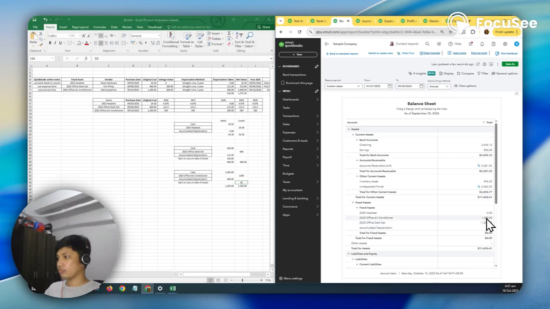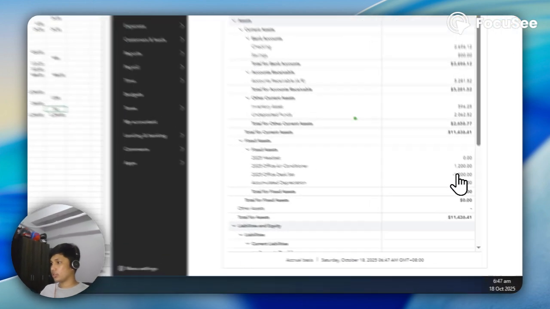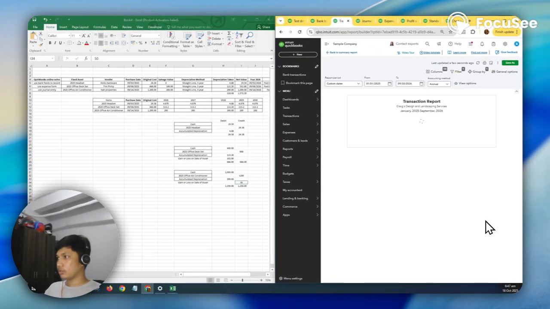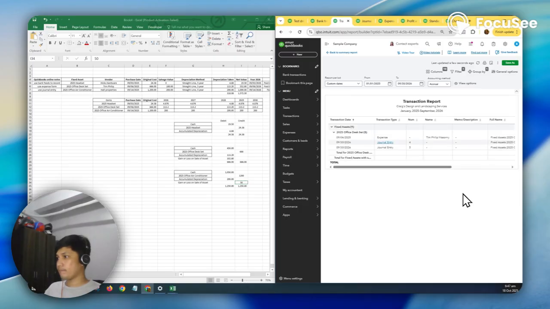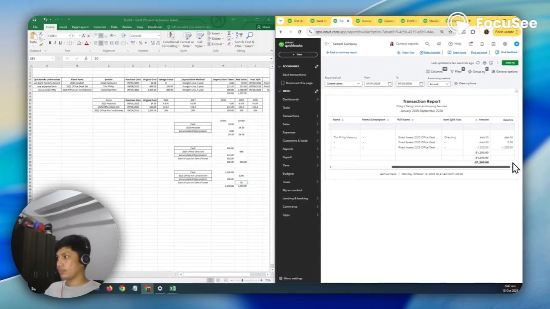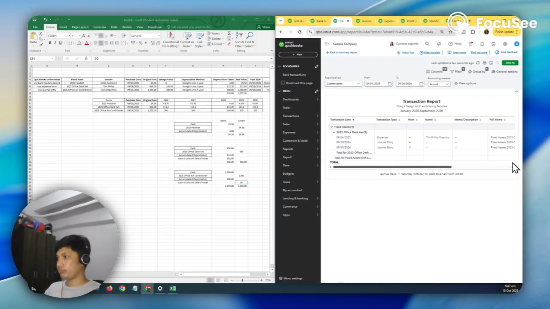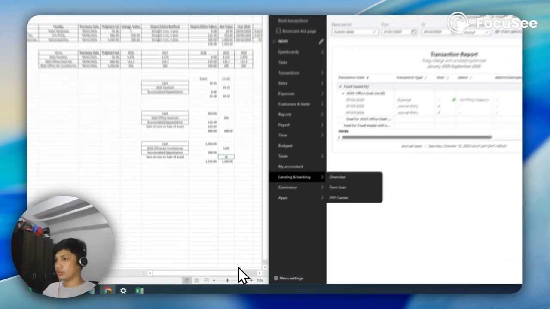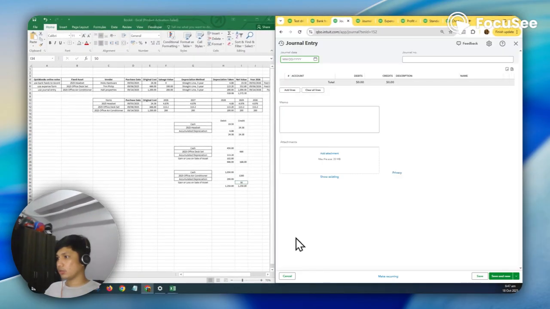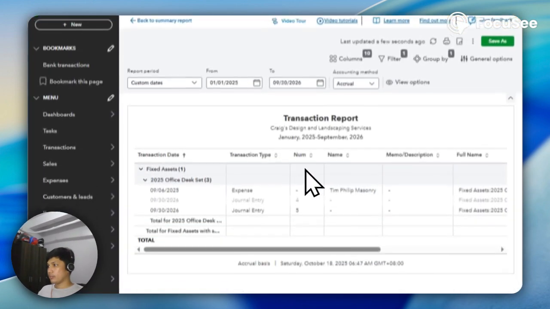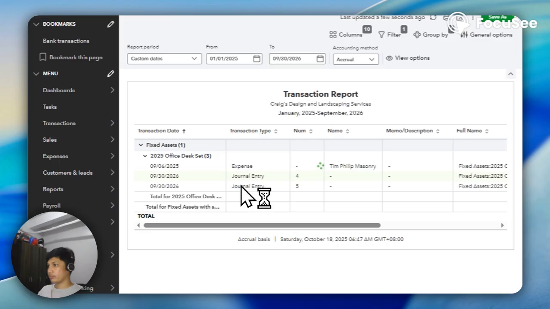Let's check what happened on the balance sheet. Sorry, I'm going to check this. Okay, 666, correct. What happened on journal entry number 5?